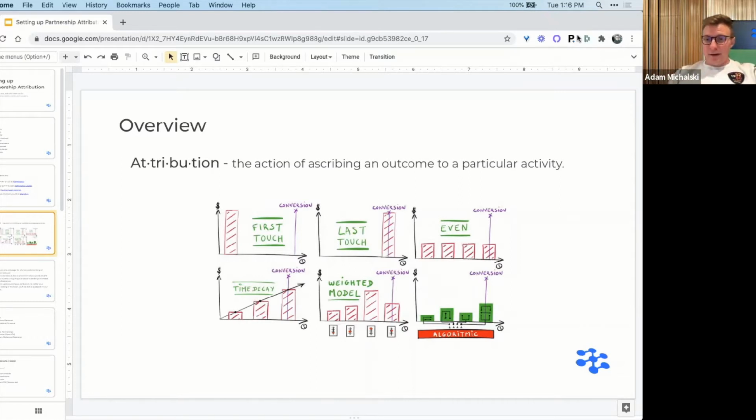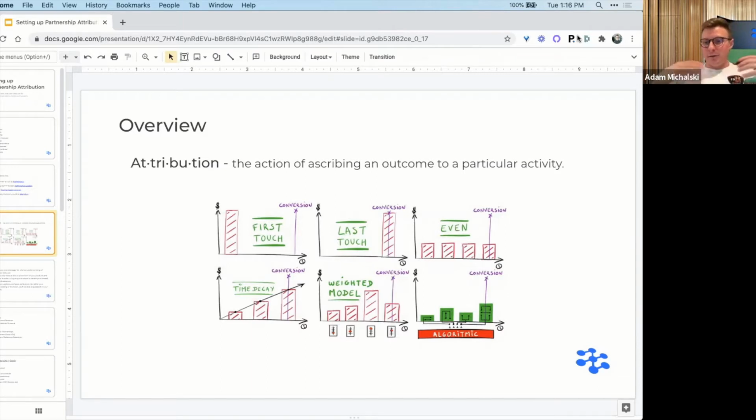But sales folks essentially want to see, whenever they close a deal, how do they go about saying, hey, how much of this was coming from the salesperson? How much of this was coming from the SDR? How much of this was coming from the marketer? How much of this was coming from the partnership team? All of those are questions where you need an attribution foundation in place to really understand who is actually driving that sale. While the focus of this conversation is really going to be specifically on partnership attribution,